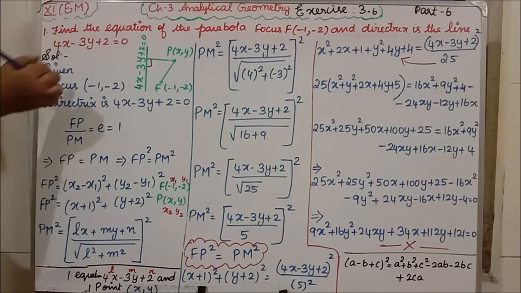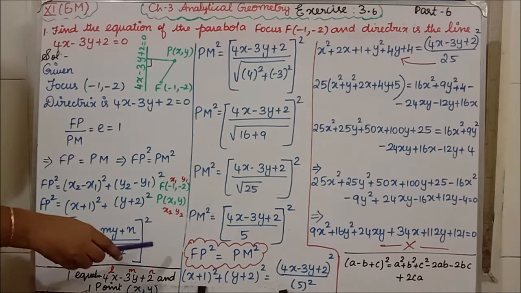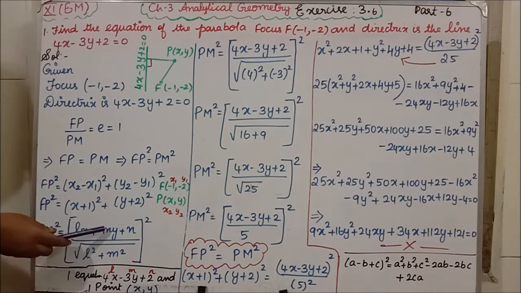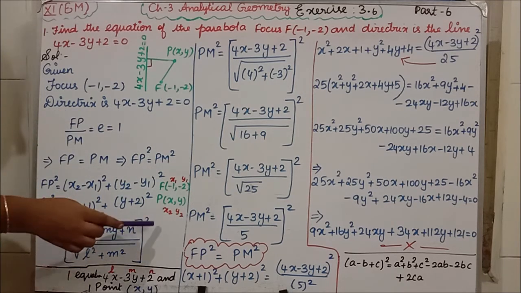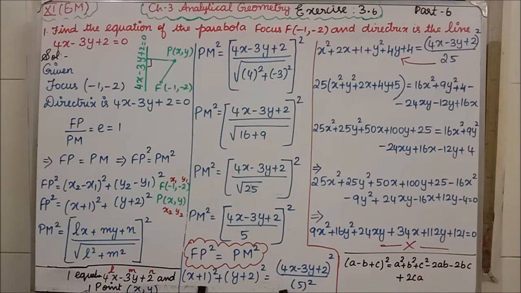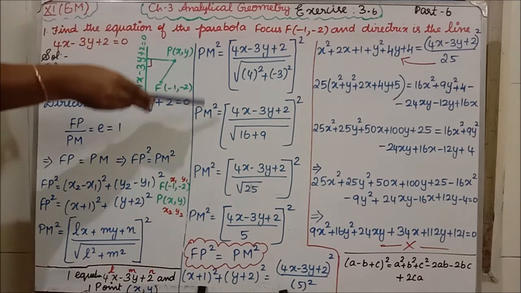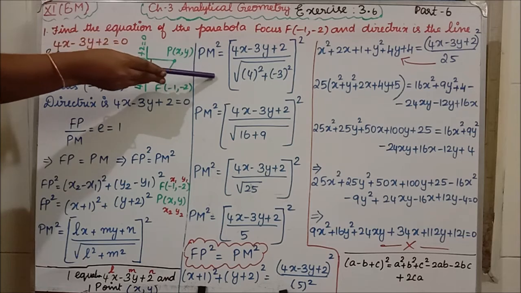So 4x, the same equation you have to write down. Numerator, square root of, instead of L we are having 4, instead of M we are having minus 3, the whole square. The formula itself, when we are writing in exercise 3.2, by the time I have taught you using modulus. Since I have taken a square, I am writing here also the square. Clear? So I am just substituting the value here. Can you understand this step?